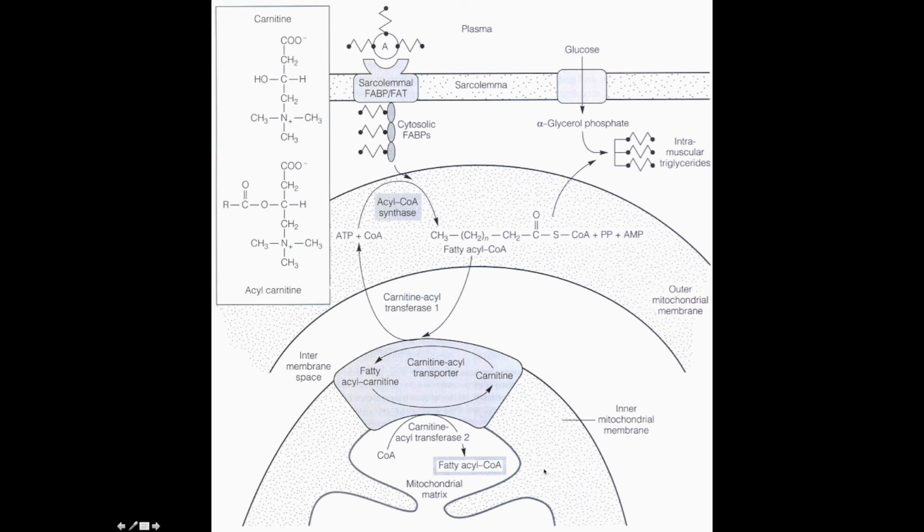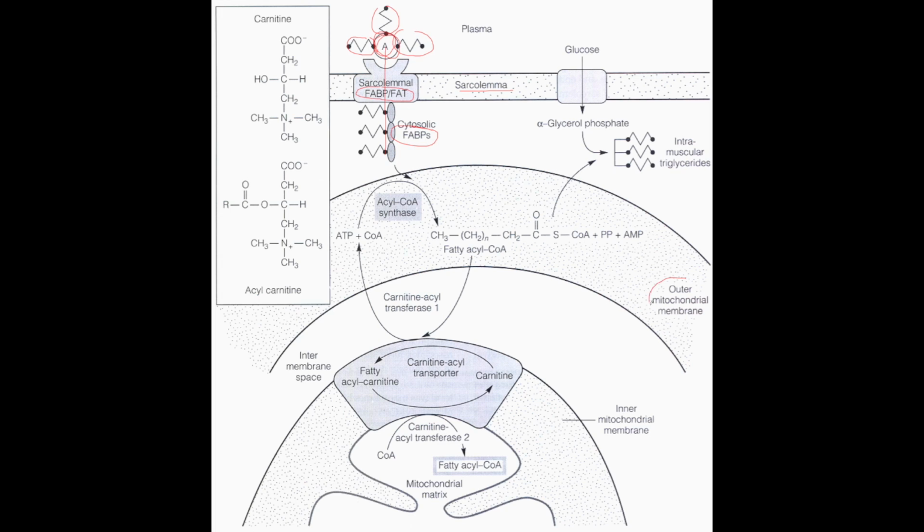So here's a diagram to put all of that in perspective. Let's start at the top left-hand corner of your screen. And what do we have here? We have this circle that represents albumin with some fatty acids tagged onto it. And as we talked about, we want to get those fatty acids across the sarcolemmal membrane in muscle. So we have the FABP/FAT CD36 transport protein that's going to drag those fatty acids across the sarcolemmal membrane. Then you're going to have fatty acid binding protein further transport those fatty acids to